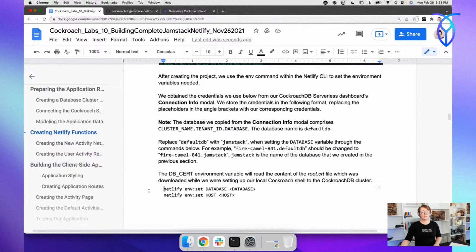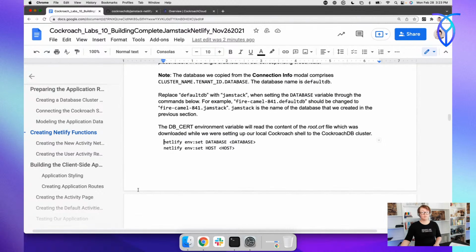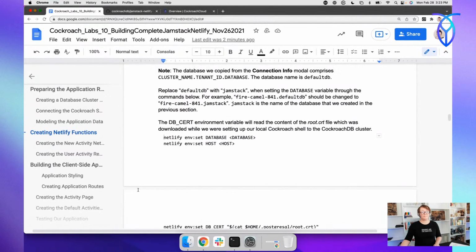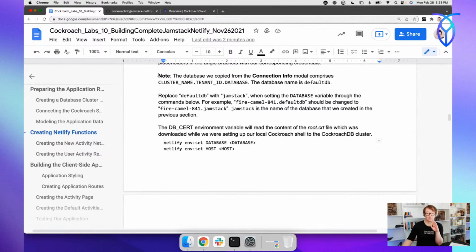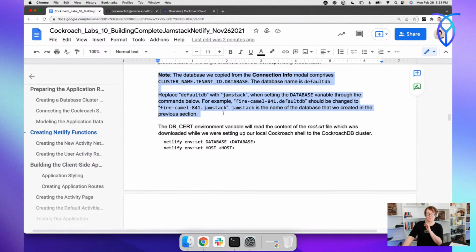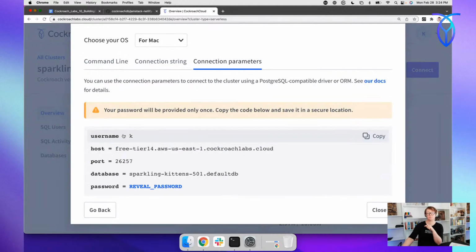Now, these next few commands have a couple of clarifying things. Be sure to pay very, very close attention. So now we are looking at the connection parameters. And if you look very closely at this database,